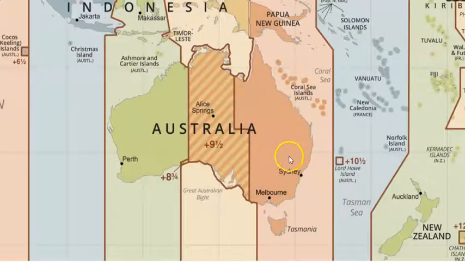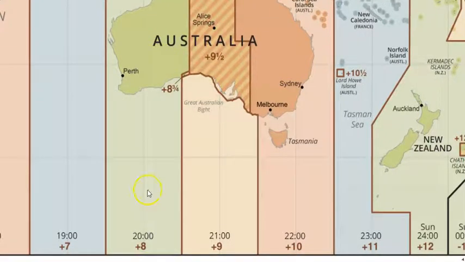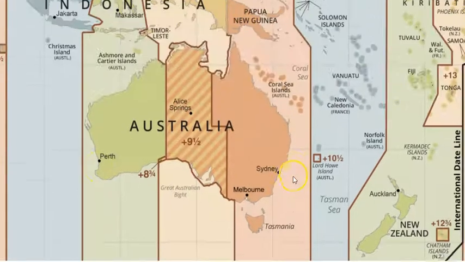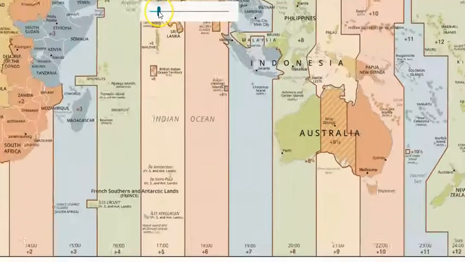But the weird thing is, if you go from this right hand side here and you go all the way to the left hand side, to this region within Western Australia, which is plus 8 hours, you're technically going back by 2 hours. So from the right, or the east, to the left, which is the west, you're going back in time by 2 hours. So it is a little bit confusing to get your head around,